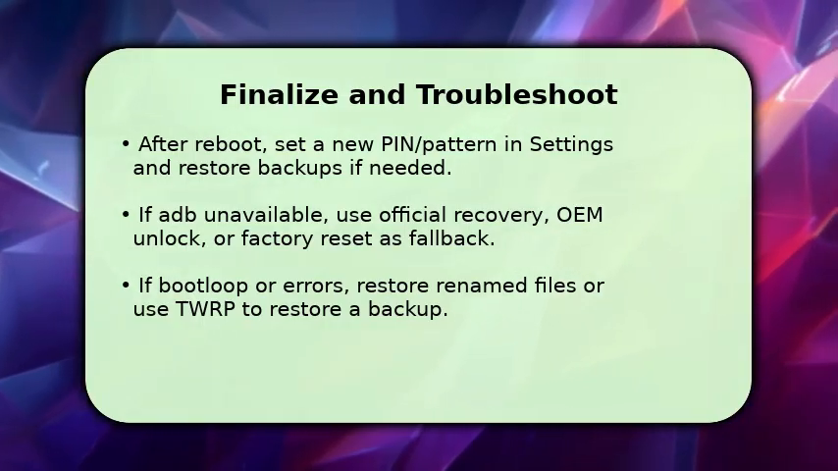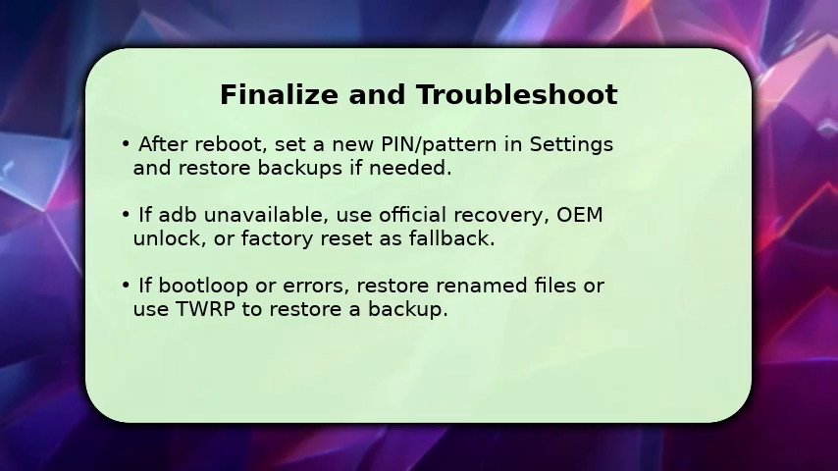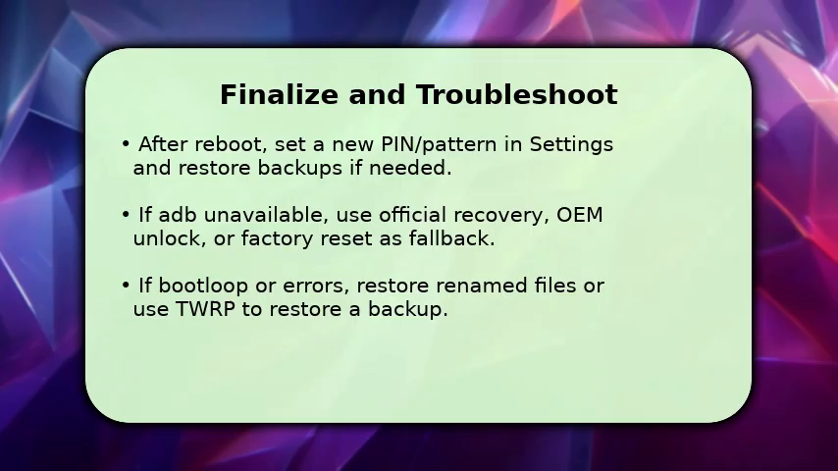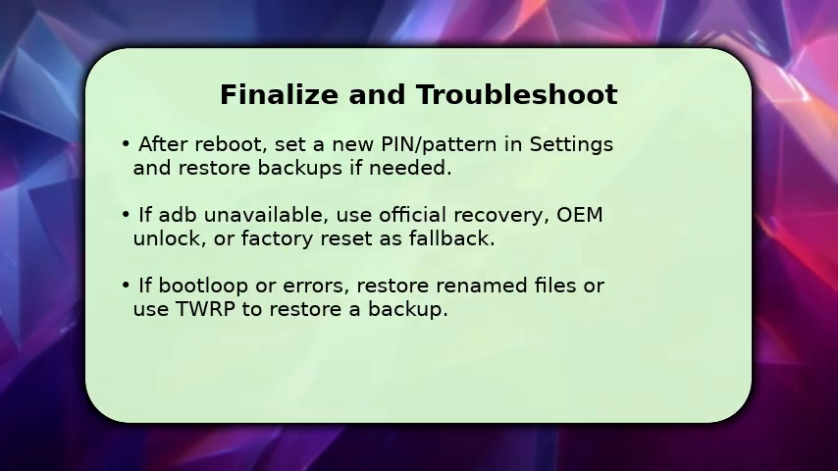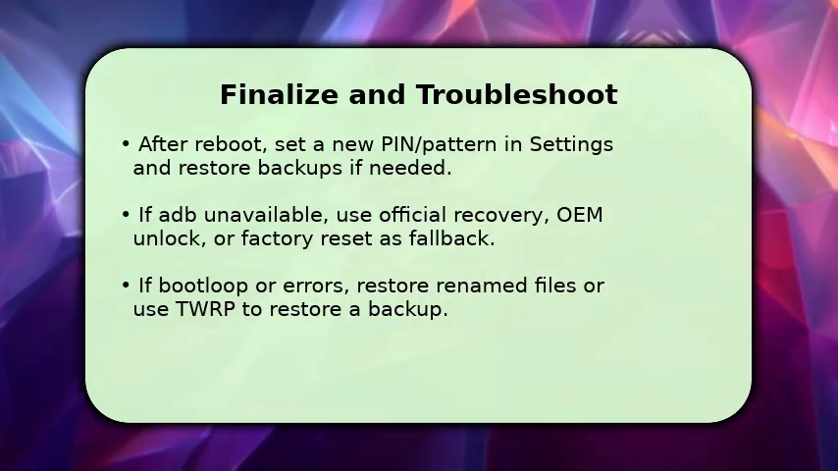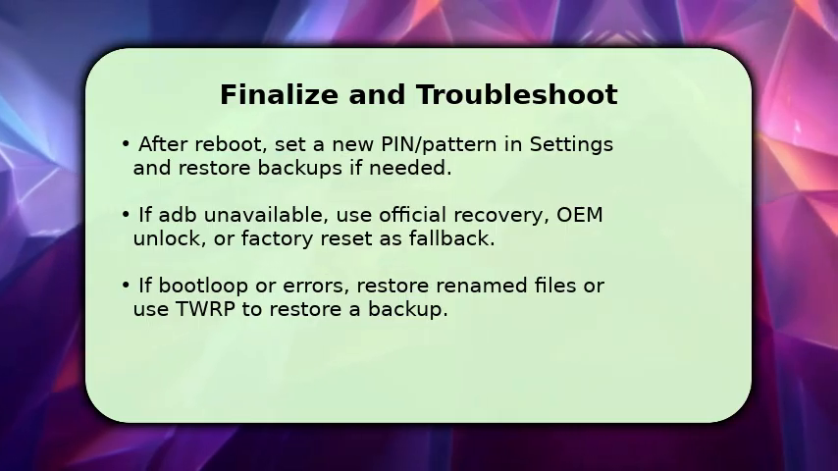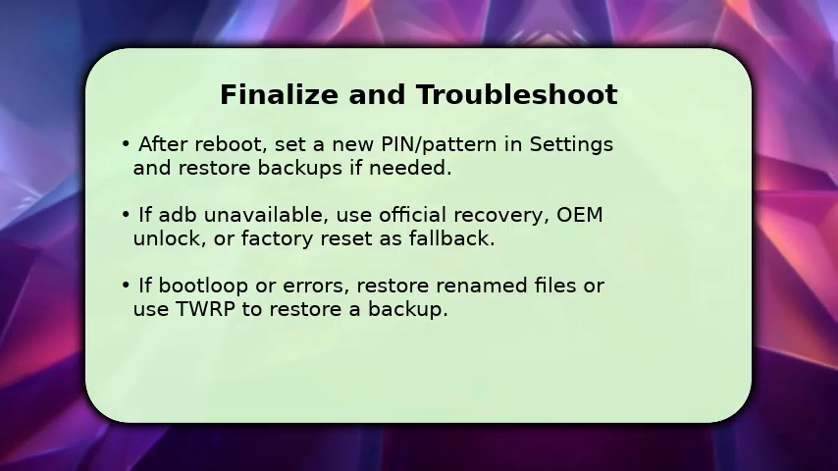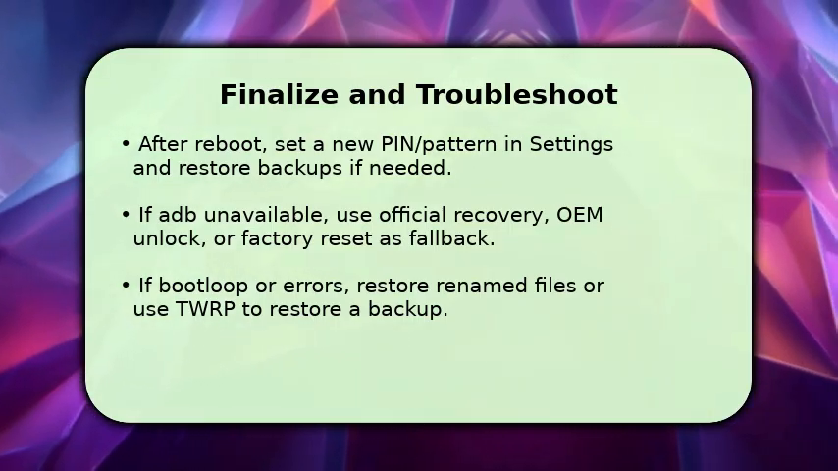If adb was not available, you must use the OEM recovery tools or perform a factory reset as a fallback. Those will erase data. If the phone enters a boot loop or shows errors, immediately reconnect via adb or a custom recovery like TWRP and restore the renamed files or a system backup. One key troubleshooting tip: if things go wrong,